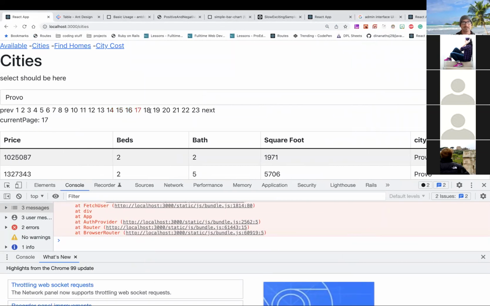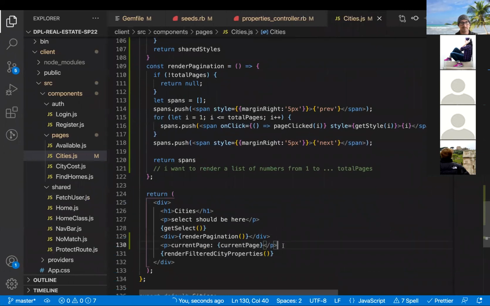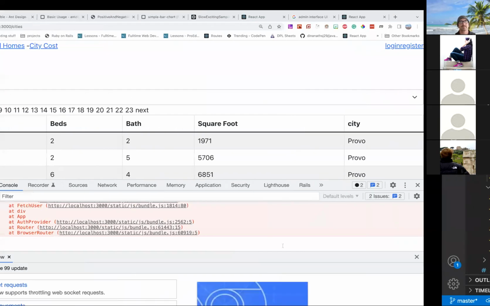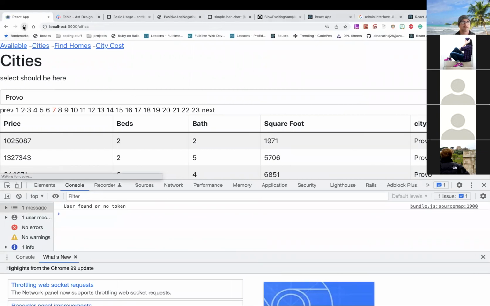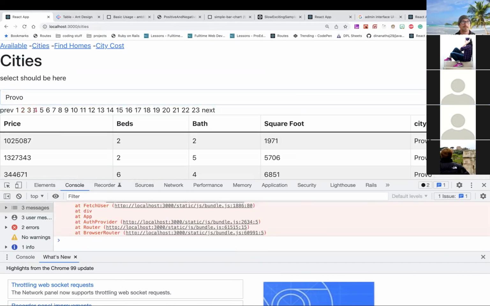So now I no longer need to say "current page" down here because I'm styling it differently. Cool, so I'm going to get rid of this. Let's refresh. Cool. So now I have some UI that's rendering this pagination, and it's letting me know which one's active,